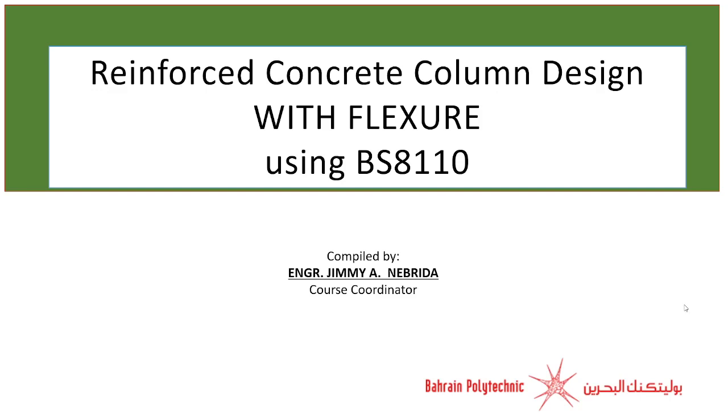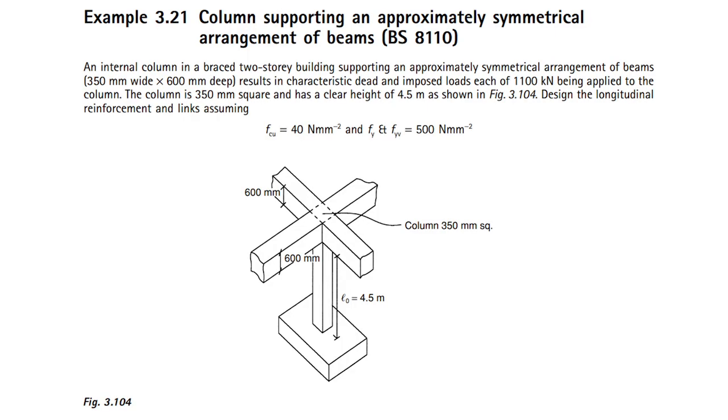Okay, welcome back. So we're going to discuss today reinforced concrete column design using BS8110. Let's discuss an axially loaded column. So for example, we have here given the size of this beam. The beam is 600 mm in depth, and then you have your assumption for FCU already given, and also for your FY, and then for example you have already computed the load, which is 1100 kilonewton